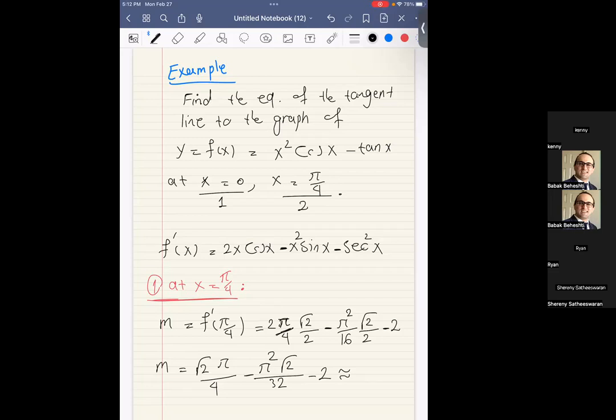Just use your calculator, give an estimate of this number up to 2 decimal points. So 2 times, there's my bracket, times pi over 4 times pi